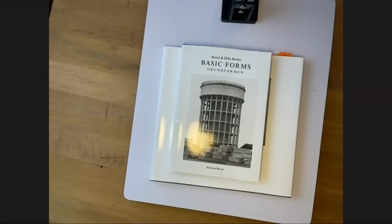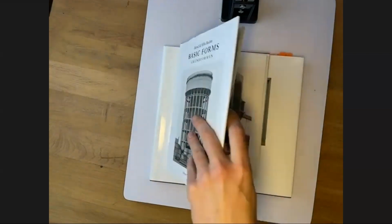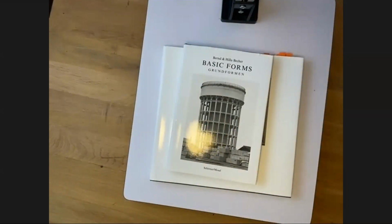So they really lived in the area for a while. Is that how they did it? I don't know. Sometimes they spent a couple of weeks on singular shots there. This is the reason why it took them so long. I think we looked at the water cooler project. The water cooler project took them almost 40 years to complete,